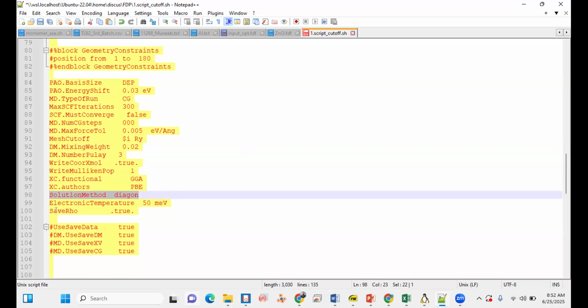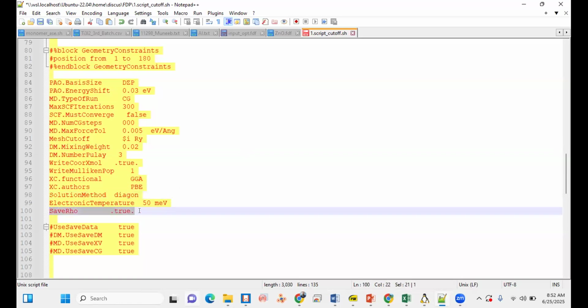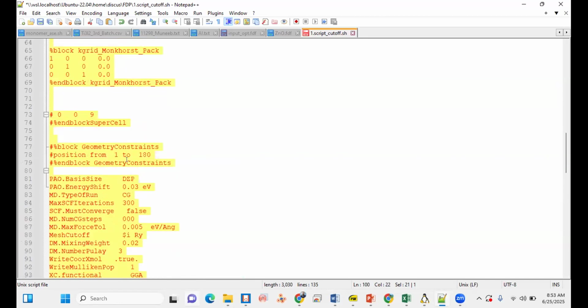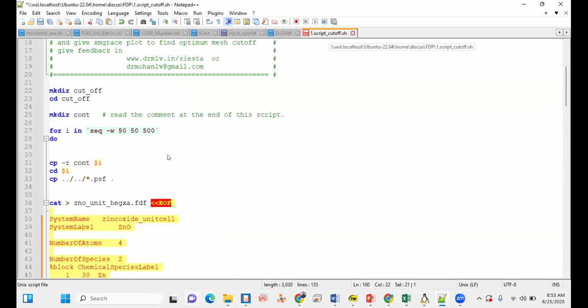And then finally, we say, okay, save row for that. We can also uncomment these command lines when we need it. So basically this is the description for the mesh cutoff calculation.